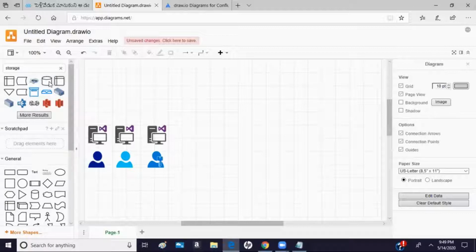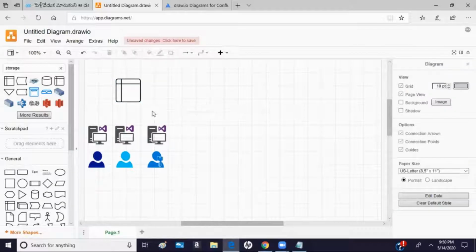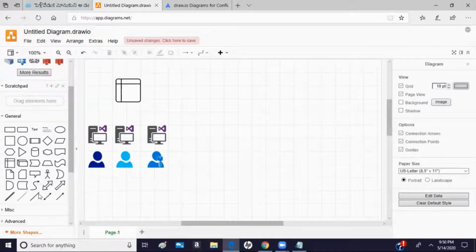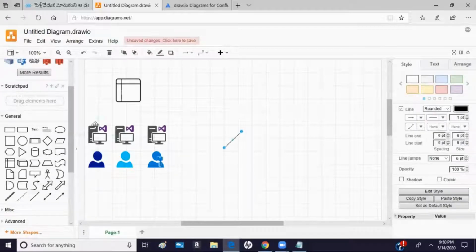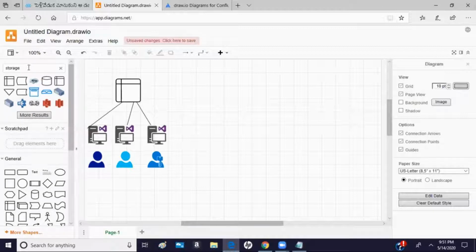I assume this is going to be an internal storage where all the developers are pushing their code. Now everything is stored in a file server. Then from the file server, the data will be pulled by the main team leader, who pieces the code together to make an app.